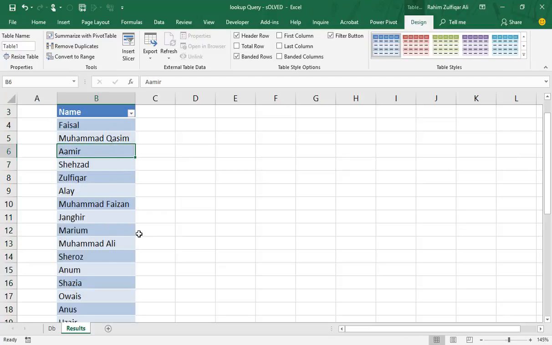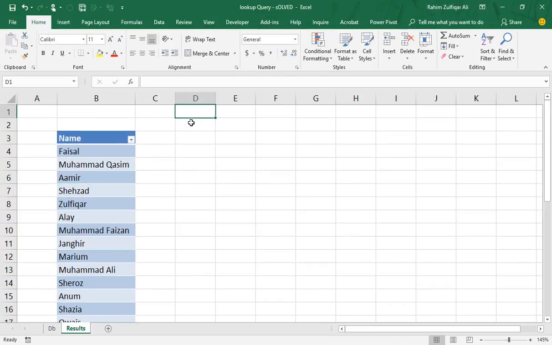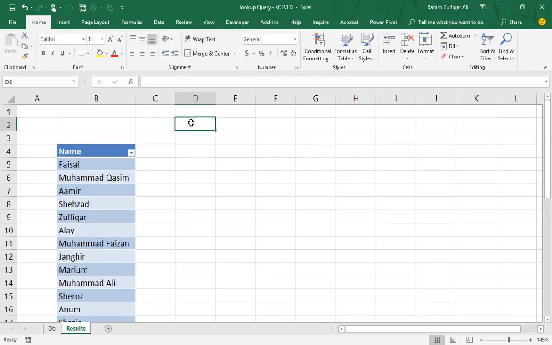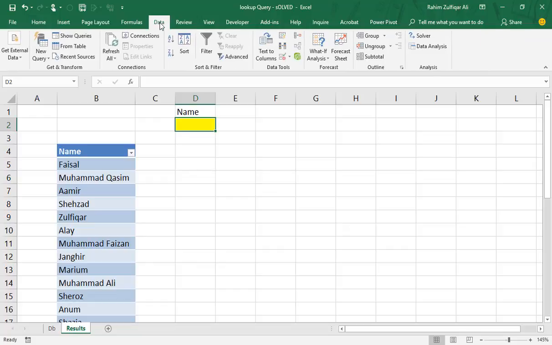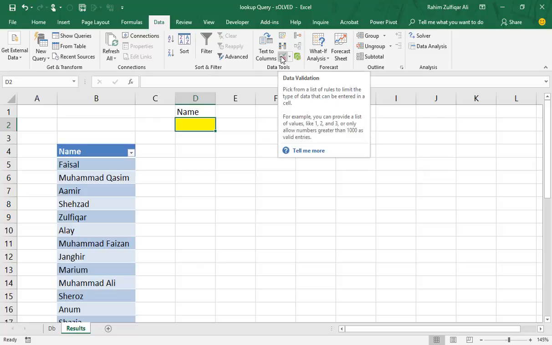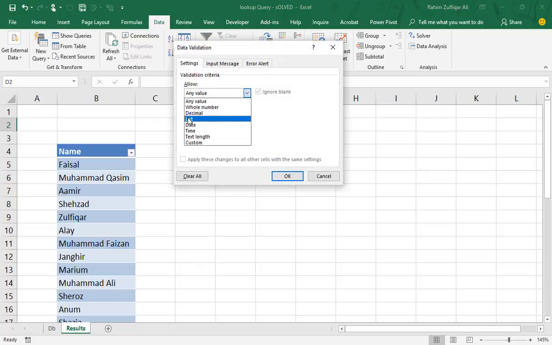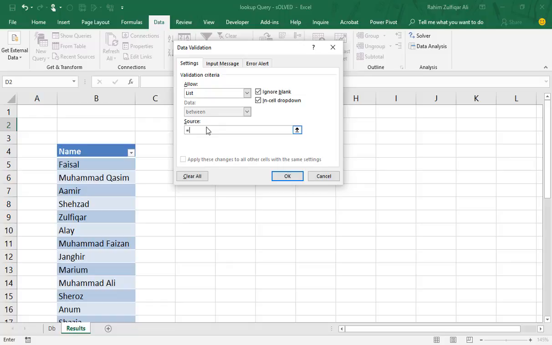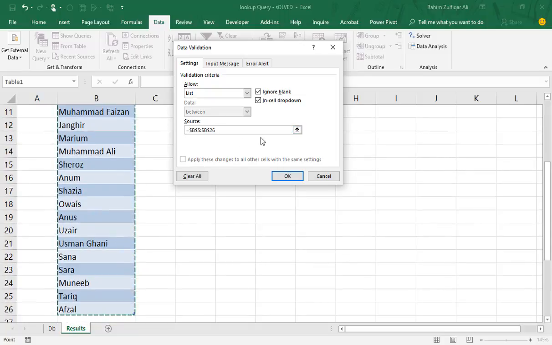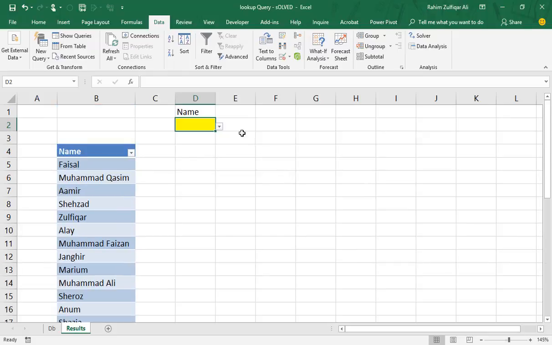So now it's converted into a table. Here we will create the names validation list. For creating the data validation as a list, we will go to the Data tab, click on Data Validation, click on List, and for the source we will define this list of names from B5 to B26, and here we